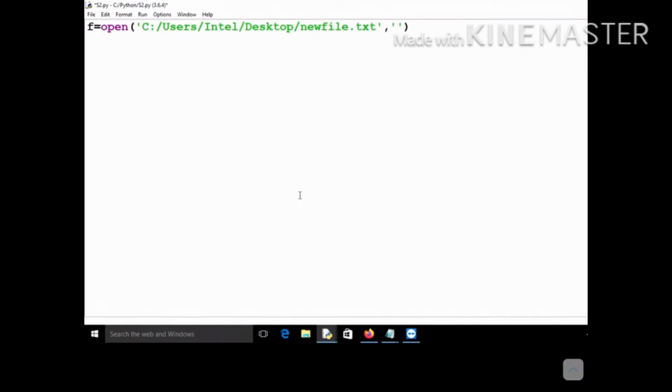If you want to write onto a file, the mode has to be W or append mode. There are other modes also, and we will come to that later in a different class, but for the time being you just know that W mode may be used if you want to write onto the file. Here R mode should not be used. Once you have opened the file for writing, you can use the write function. You just provide any string to it and it will simply write to that particular file.